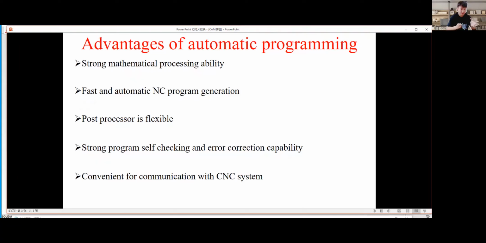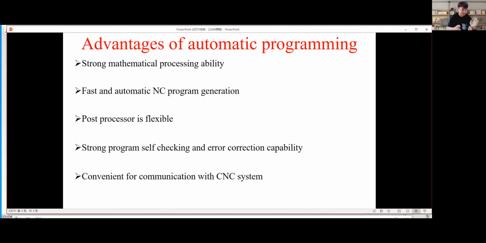We have learned how to make a sketch in SolidWorks, right? You know how to design a part. So although it can be calculated with the help of a calculator in manual programming, the workload is